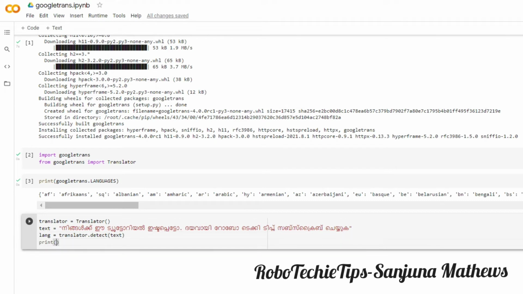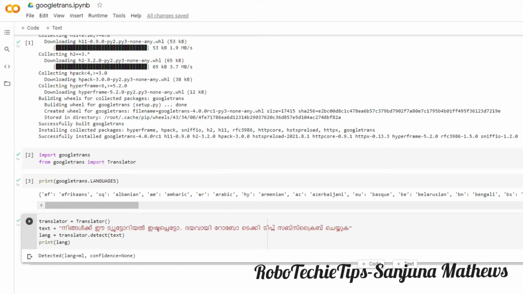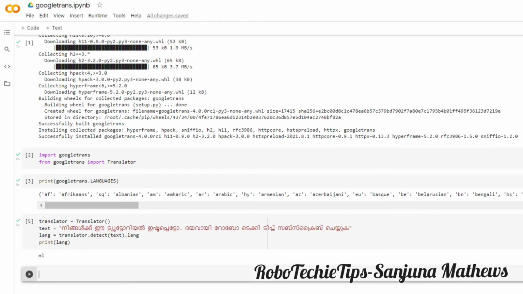When we print this, we will be able to see the language of the text that we have given. When we click on the play button, you will be able to see the output. The language is ML. To get just the ML as the printed value, we have to type translator.detect(text).lang.